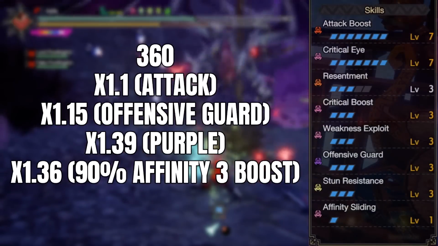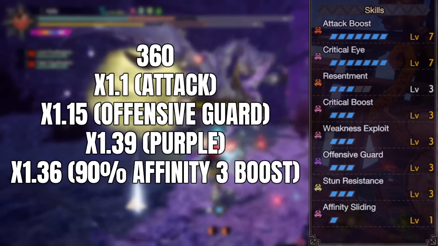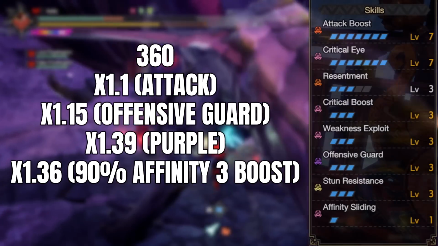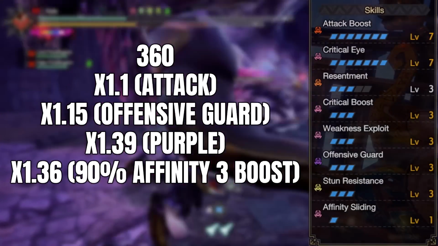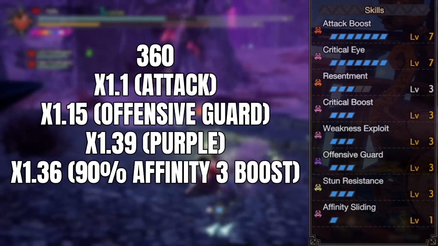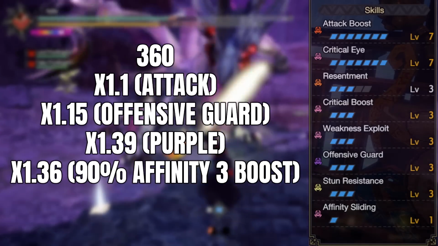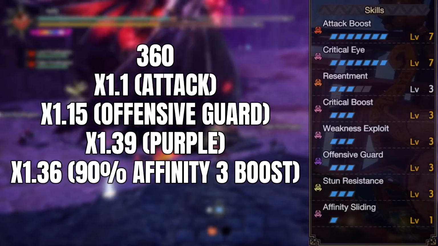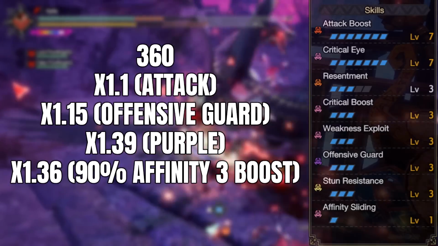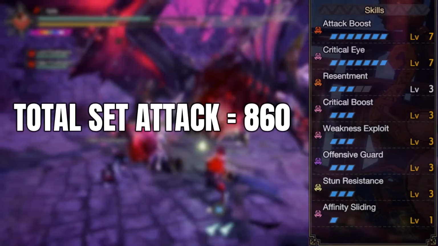We times that by 1.1 for the 10% attack increase for 396. We times it again by 1.15, the offensive guard increase from the perfectly timed strong arms. We times it once more by 1.39, the 39% increase of purple sharpness. And lastly, we have 90% affinity and 40% extra damage crits, which translates to a 36% damage increase. So once again, we times it by 1.36, which gives us a grand total effective base damage of 860